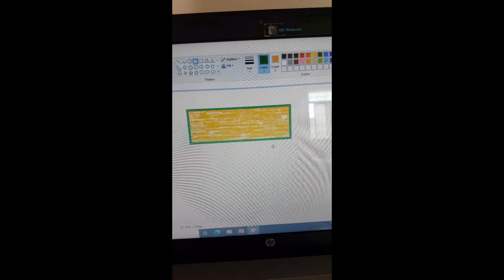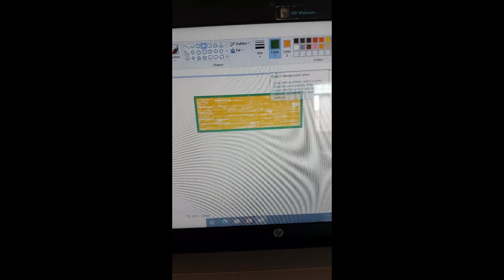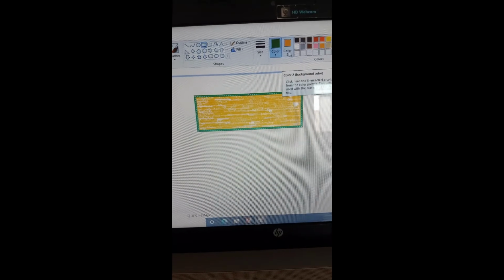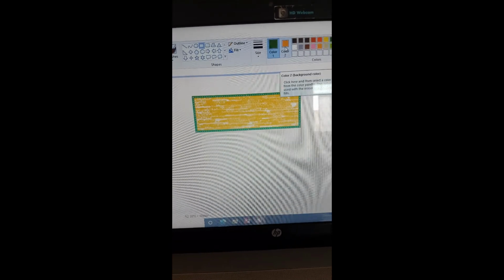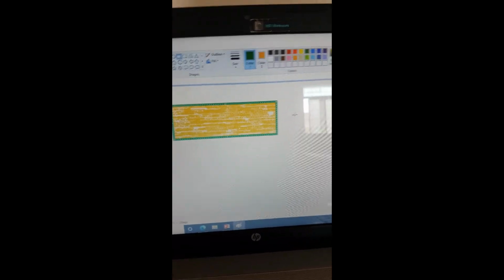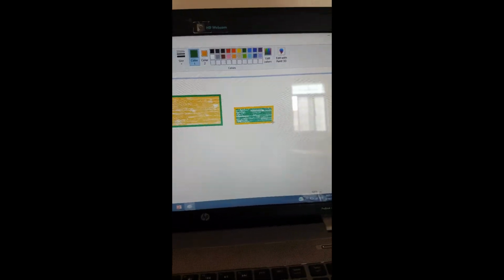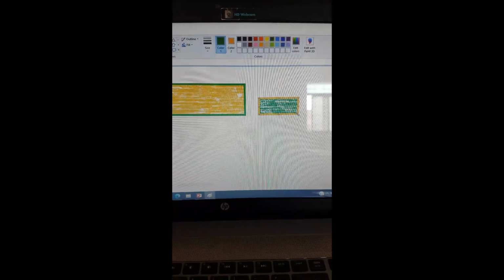See, the border of this rectangle is green because you clicked on color 1 for the border, and the inner color is golden or mustard, because you chose this color from color 2. If you want to reverse these colors, you can click the right mouse button and draw a rectangle. See, the colors are now changed.